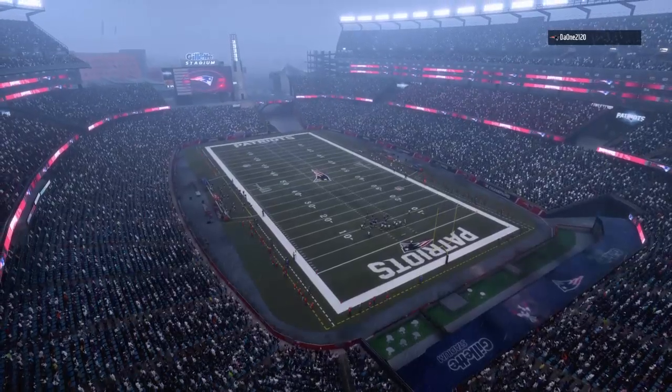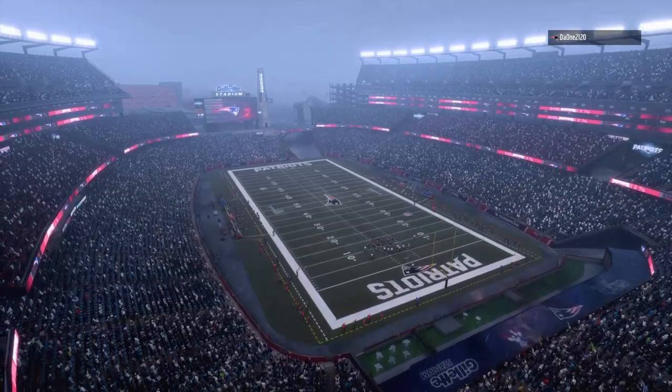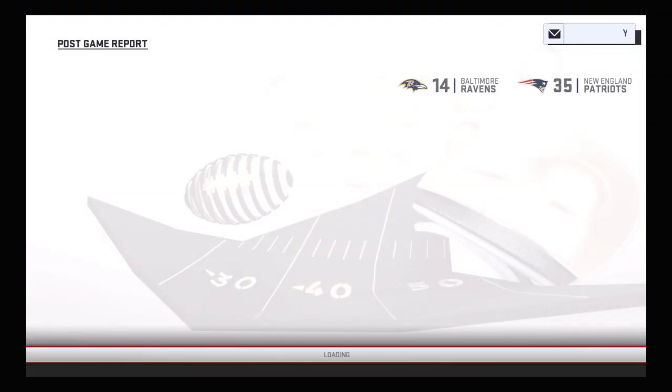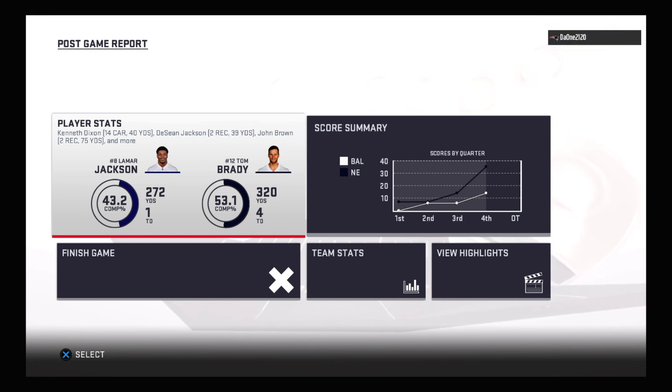So for the Pats, they remain in the hunt for a first-round bye as they move to 11-3 on the year. And they'll get to stay put for a few days as they'll host the Buffalo Bills next week. Meanwhile, for Baltimore, it's loss number 5 for them on the year. And they'll be back home next week for a date with